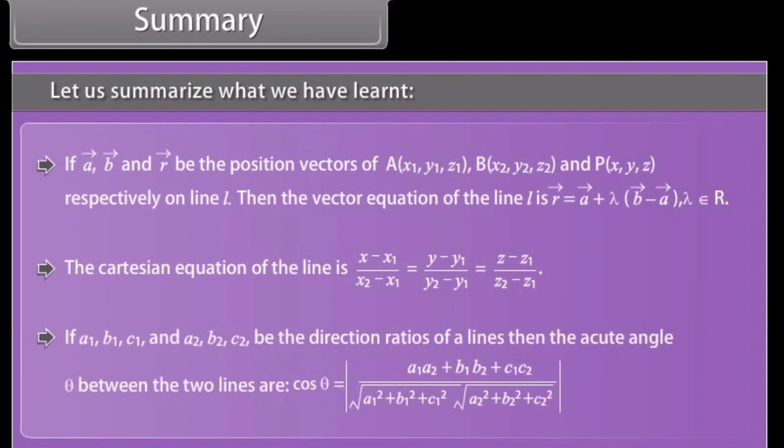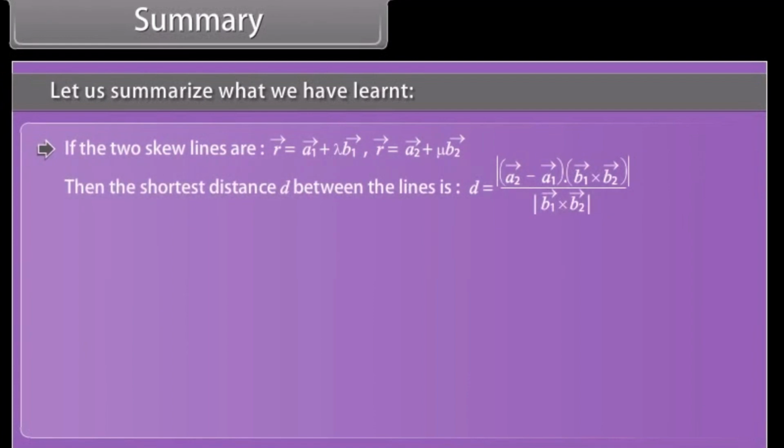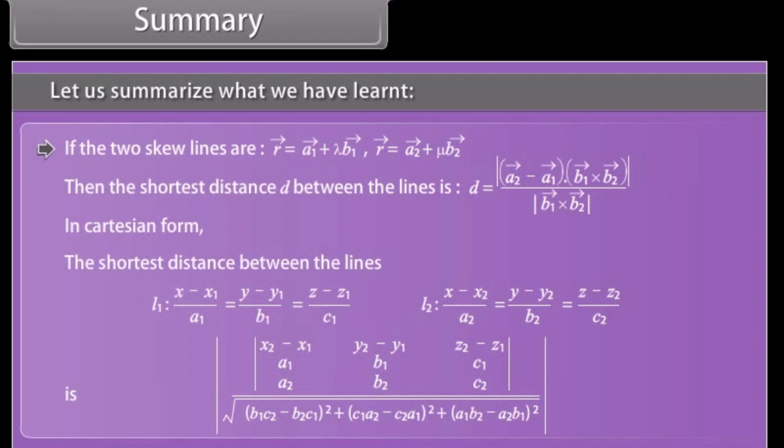If a1, b1, c1 and a2, b2, c2 are the direction ratios of two lines, then the acute angle theta between the two lines is given by the following. If the two lines are skew, then the shortest distance d between the lines is given by the following in Cartesian form. The shortest distance between the lines is